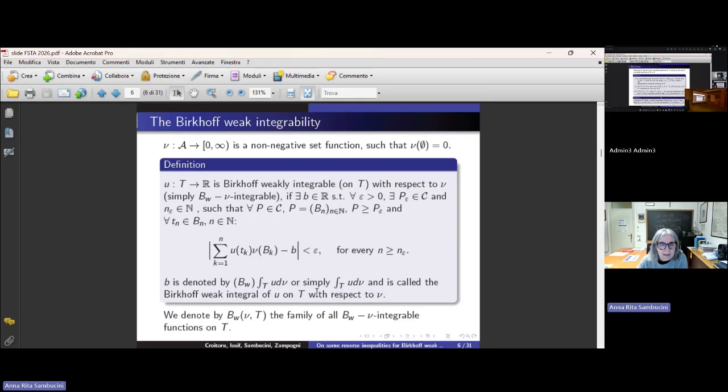On the family of partitions, we consider in particular the tagged partitions, and the definition of the integral we consider is the following. A scalar function u is Birkhoff-Wick integrable if there exists an element of R, which we call B, such that for every epsilon greater than 0, we can find a pair